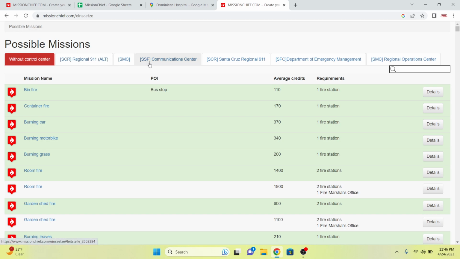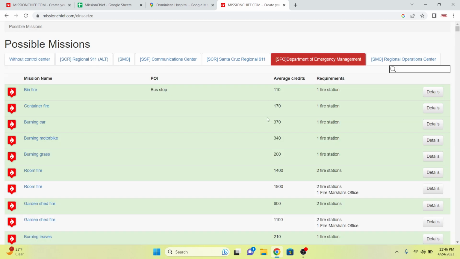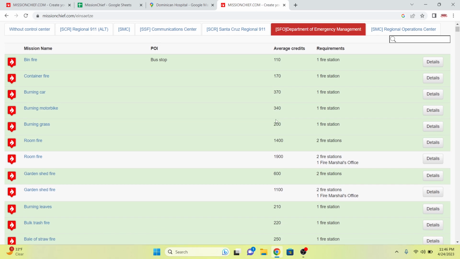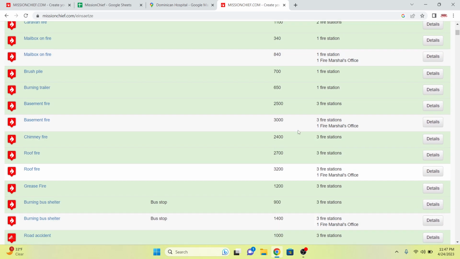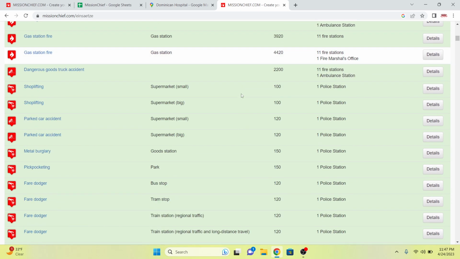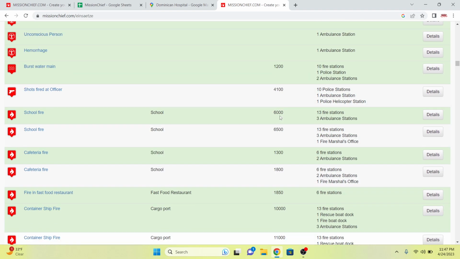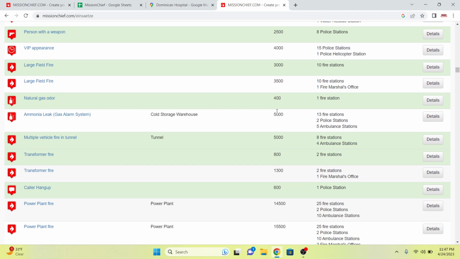And so with SFO, our biggest station, our biggest call center. With call centers come the biggest amount of fire stations and police stations. So we can see every single thing. If we have 2 fire stations here, it'll produce the call burning truck. If we only had one fire station, of course, we would not be able to even do the burning truck. But if we head all the way down here to the coastal rescue stations and stuff like that,